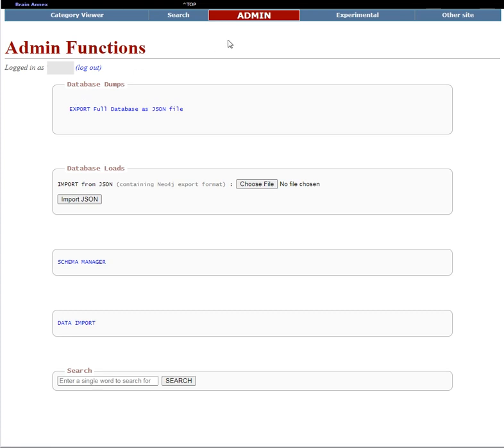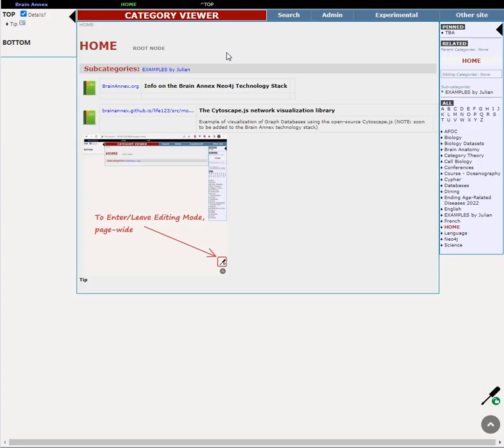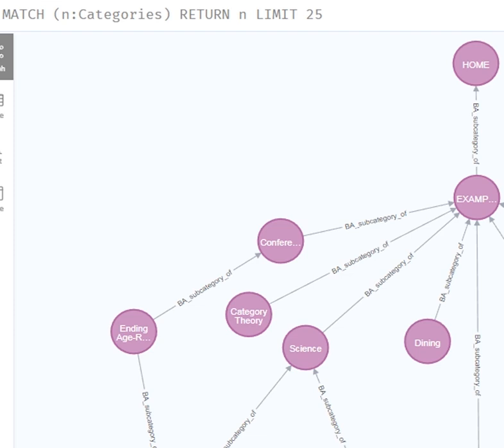that's the admin part, the series of control panels. This will continue to be expanded with time, and it's fairly general. There are a number of experimental features. I won't talk about them. Mostly I'll be talking about the category viewer. This is a user interface built on top of a data structure that looks as follows. This tab, where I have the Neo4j browser open, and I already laid out some of the data that I